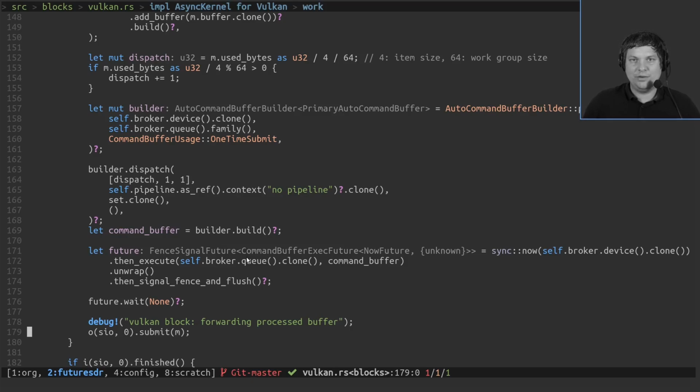So basically, you are very free to do whatever you want in your custom buffers. And to be honest, I don't really have a good idea how to do it otherwise. In particular, I don't think that you should try to have only memory pointers as an interface. So I think there needs to be something else. And that is the approach that I currently have. Okay, that's it for the custom buffer part.